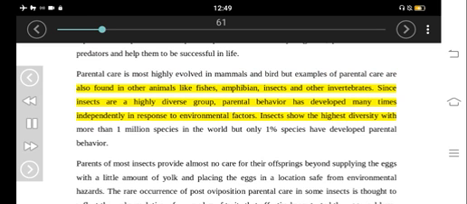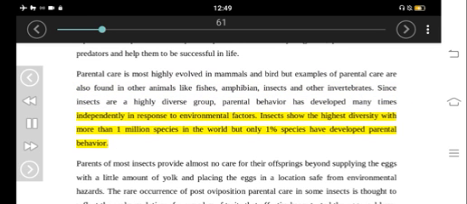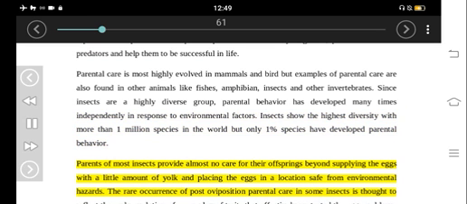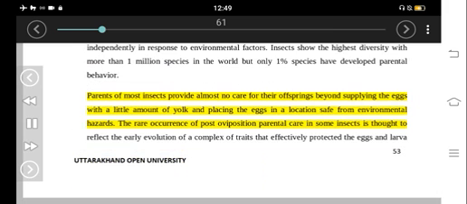Since insects are a highly diverse group, parental behavior has developed many times independently in response to environmental factors. Insects show the highest diversity with more than 1 million species in the world, but only 1% of species have developed parental behavior. Parents of most insects provide almost no care for their offspring beyond supplying the eggs with a little amount of yolk and placing the eggs in a location safe from environmental hazards. The rare occurrence of post-oviposition parental care in some insects is thought to reflect the early evolution of a complex of traits that effectively protected the eggs and larvae